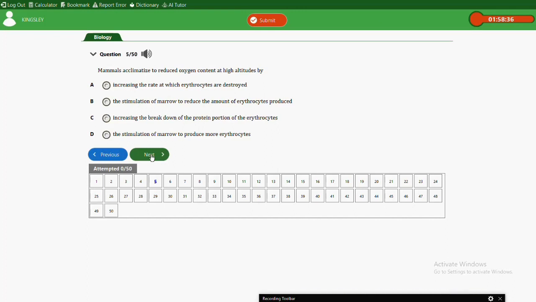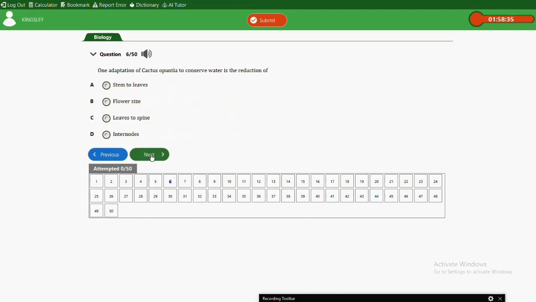So if there are fewer red blood cells, it means there will be less oxygen in circulation. So if there is reduced oxygen, the mammals can make up for oxygen by increasing the production of red blood cells. In that case, the limited oxygen can be carried more by the greater amount of red blood cells produced. So the next question here, one adaptation of cactus opuntia to conserve water is a reduction of A,